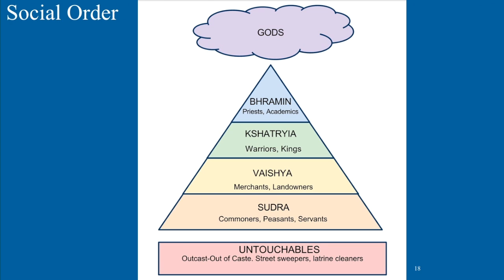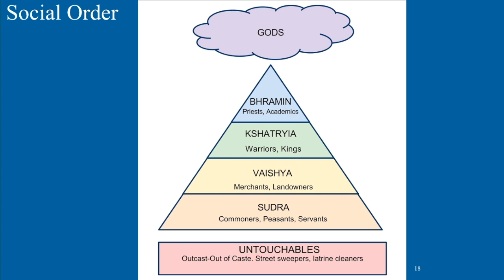Underneath them, they have Vaishya, which are merchants and landowners, people who traded goods, and people who owned land, which would be then used for agriculture. Below them were Sudra, commoners, peasants, servants. These are people who just work. They do jobs. They probably don't have very good jobs, but for example, they are agricultural workers, people who work in the fields, people who did jobs like helping move things off of boats, people who did heavy labor, people who lifted things or used their bodies to manipulate things like cutting down trees or mining, that kind of stuff.